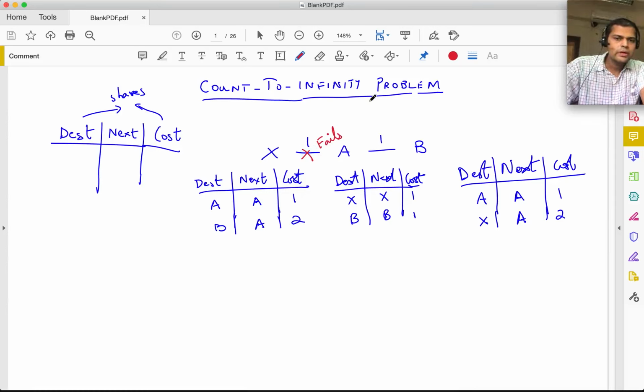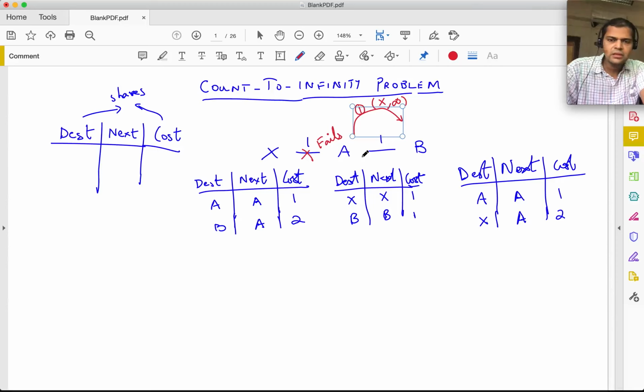So what is going to happen? So A should send a message. A needs to inform B, and it says that my distance to X is infinity. Okay. And suppose that I say that this is message 1,